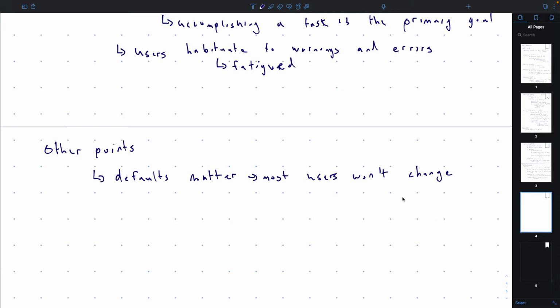Some states were really high, like 90%, and some were really low, like 10%. The difference was the default. In some states you would get your driver's license and they'd say, okay, you're an organ donor, but you can choose. If you don't want to be, here's an extra form, fill it out. In states like that, almost everyone agreed to it.